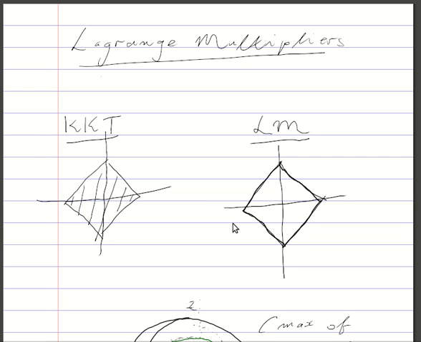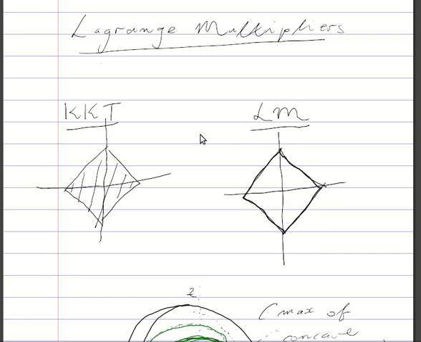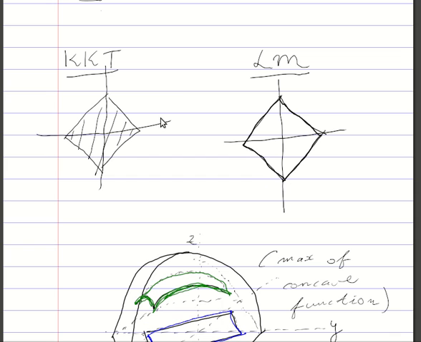Today we are going to look at Lagrange multipliers and especially how the use of Lagrange multipliers differs from the use of Kuhn-Tucker conditions. Now, in the sketches here you can see the two areas where they differ. If I have some set of constraints, such as for instance we had in the